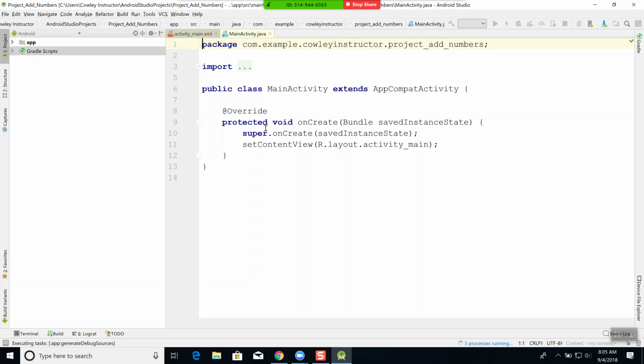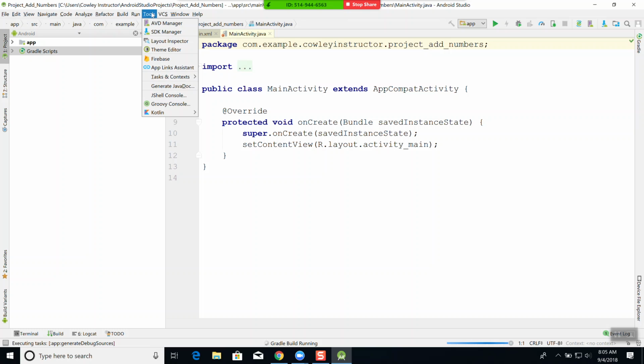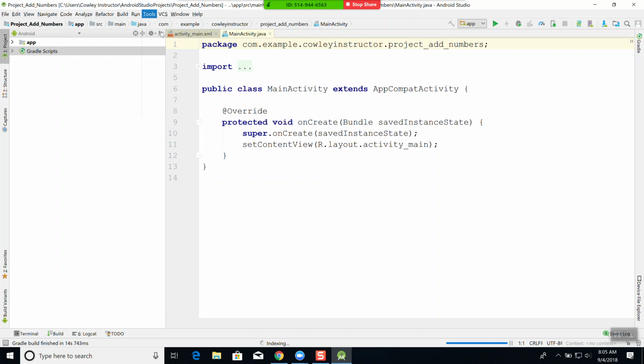And it comes up here as code. Now, you guys don't have to worry about it in here. This is more for Liam, or if you're installing it at home. But if you do tools, this is the same SDK manager you would have seen over in the other screen. In addition, though, you see the AVD manager. We'll talk about that here in a minute. If I go on SDK manager,